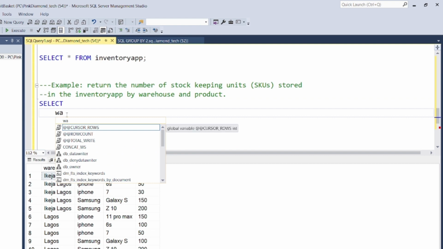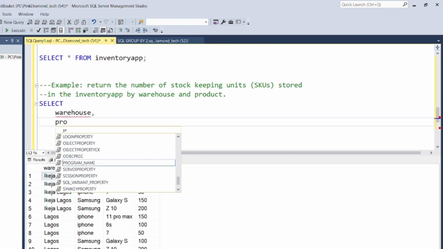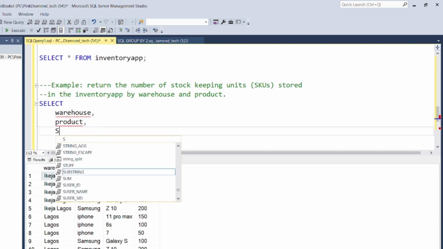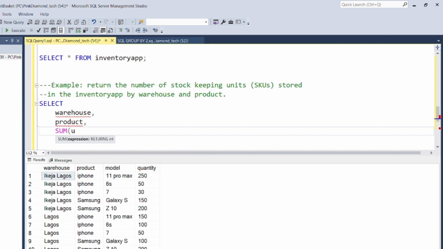The warehouse and the products, some quantity as QTY